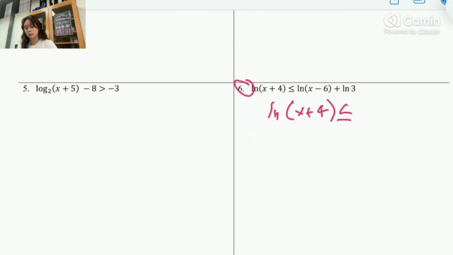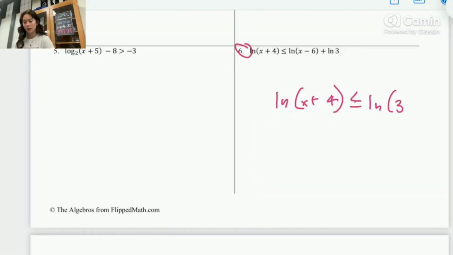is less than or equal to ln 3, excuse me, 3, and then we're going to do x minus 6, so that we can just combine those two to make it easier. And then from there, because both sides just have one ln, we can just do x plus 4, and then that is less than or equal to ln, sorry, disregard that, 3,